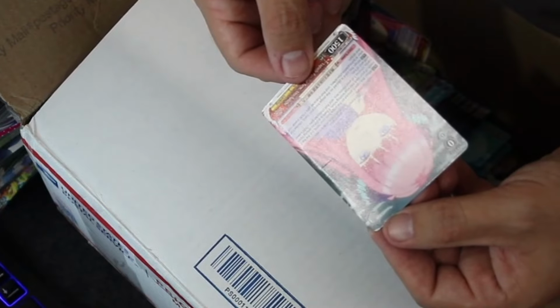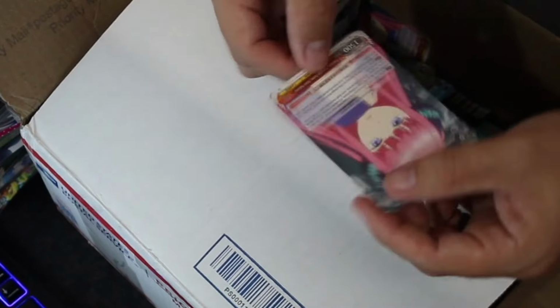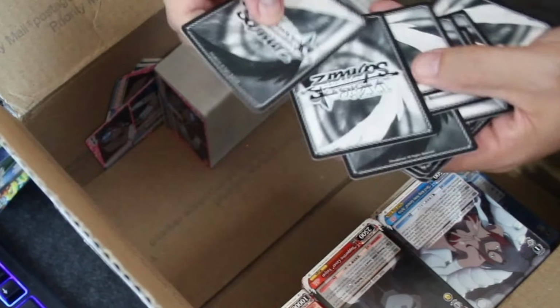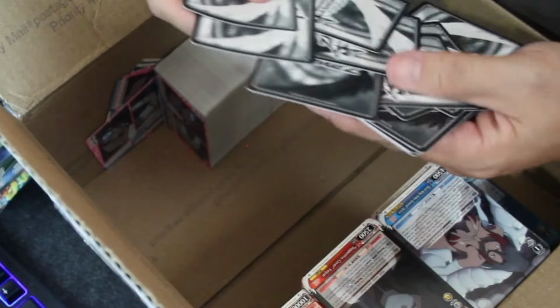Yeah, there you can see it. Whole edge is rolled. So when you buy a box of bulk, a lot of times, like I said, it's going to come like